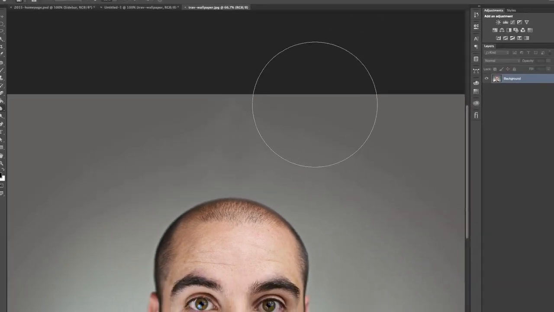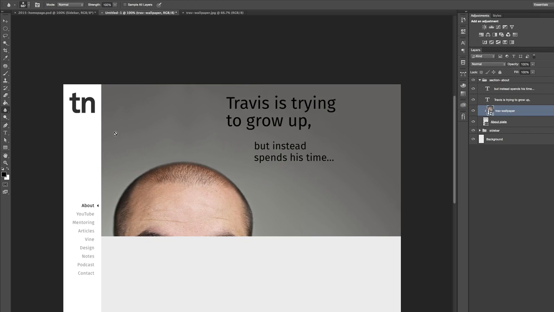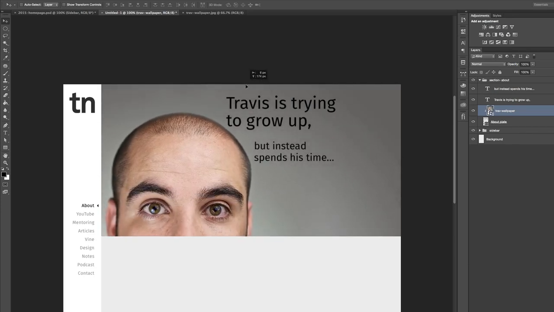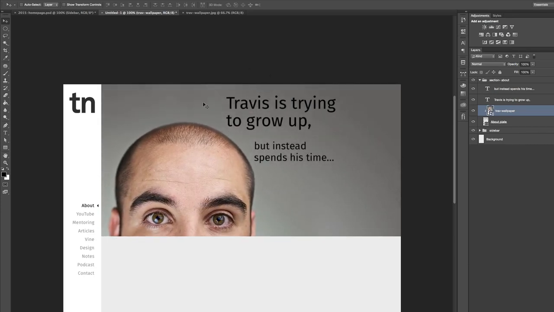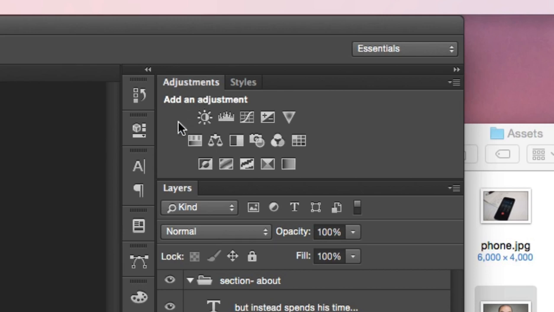So I'm going to save that. And then when I go back to the design that had that image placed, you can see that the canvas has grown for this image, and it's been pushed down or something. I just need to replace my face and stuff. But now the color is all over there. Cool. Now I want to go into the adjustments tab, and I'll choose this adjustment here, which is called